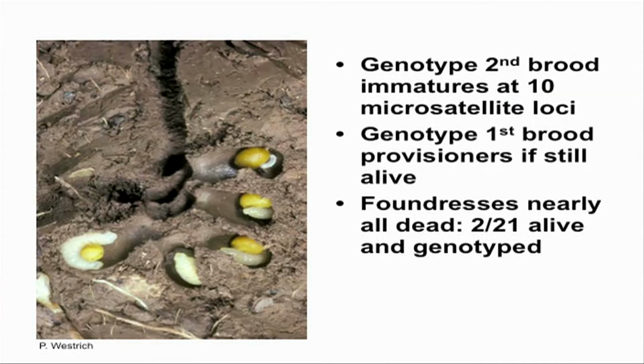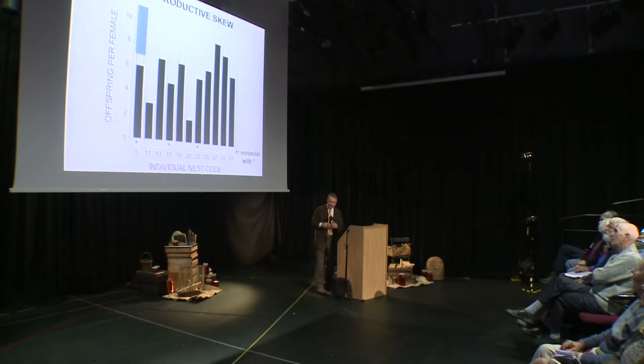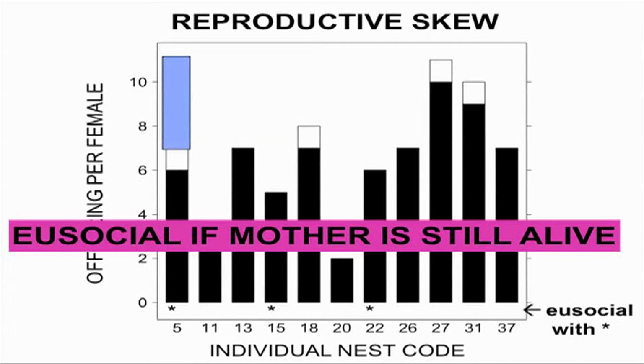And we genotyped their offspring to see whether it was the mum who had been producing these offspring or one of her workers, so really not workers. And what we found is, maybe it's a bit difficult to see in this, but here are the nests at the bottom, and here the offspring genotyped. In black means single female produced offspring, white means a second female produced offspring. And generally, when the mum was present, they were eusocial.